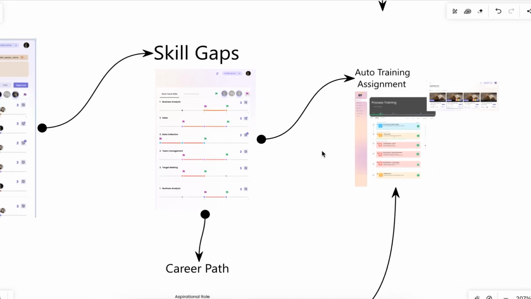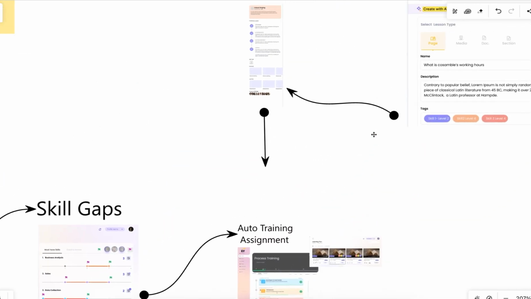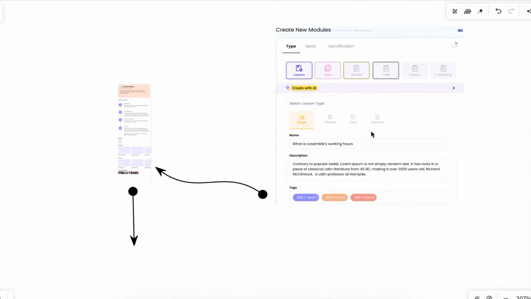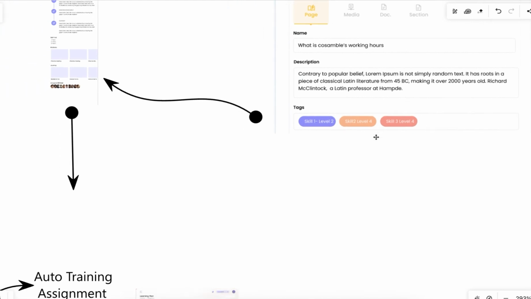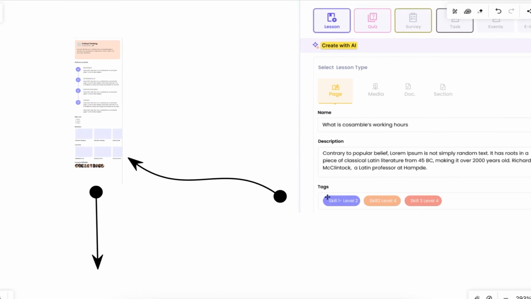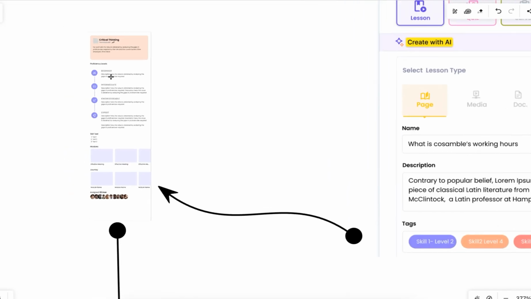Now, in the system, the first thing that will happen is that all the content that has been created in the system or curated from various sources, this tool set is also part of the system. Whether you're creating a lesson, quiz, survey, or any other modality, or you're creating with AI, or uploading your own documents, these documents have to be tagged with the skill name and the level of that skill that this content can help fulfill. And this information of tags goes to our skill card